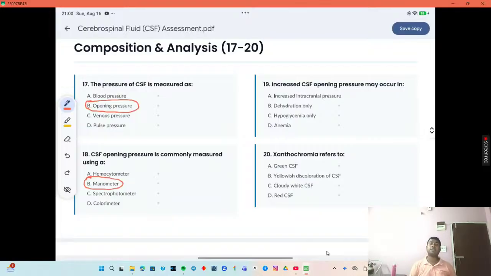The question means when does the opening pressure of CSF increase? It increases due to an increase in intracranial pressure. So when does the increase in opening pressure of CSF take place? It takes place during